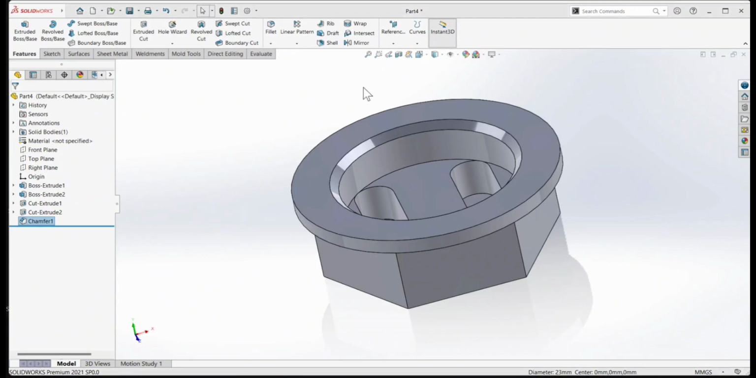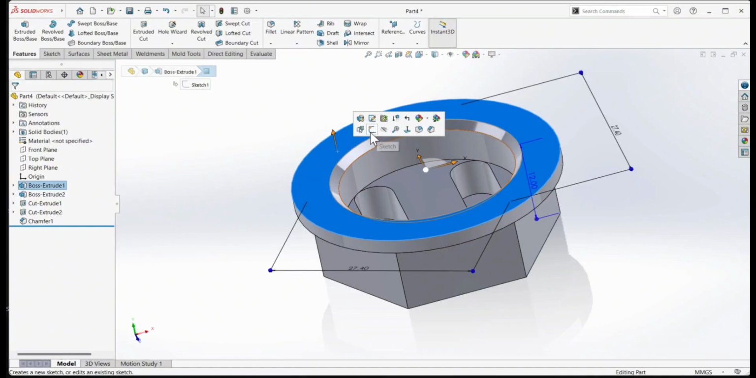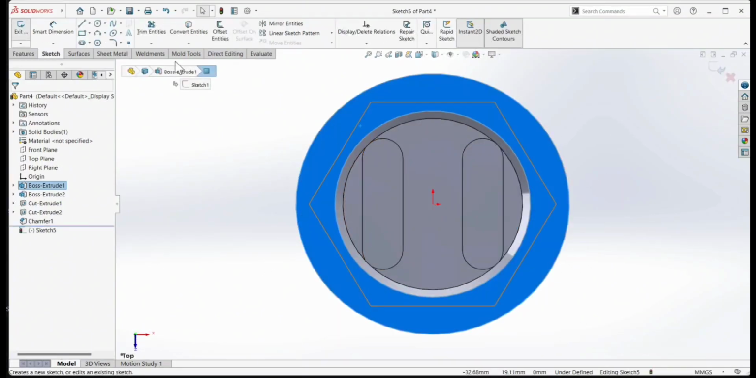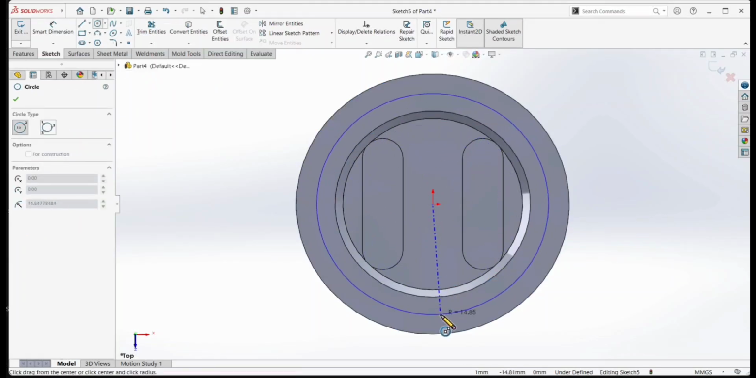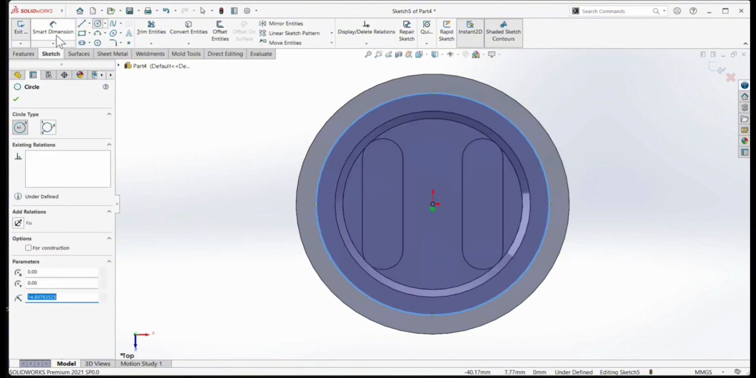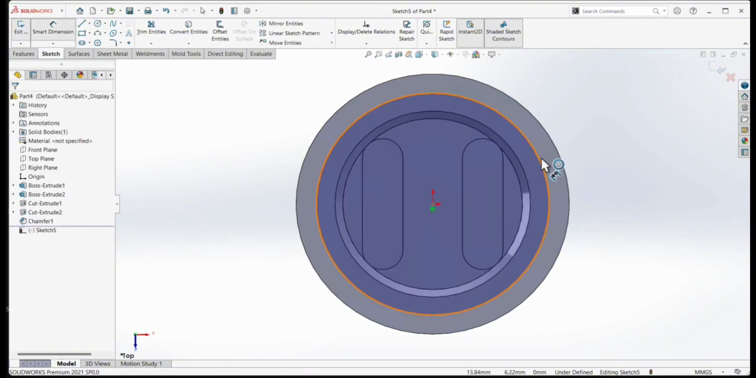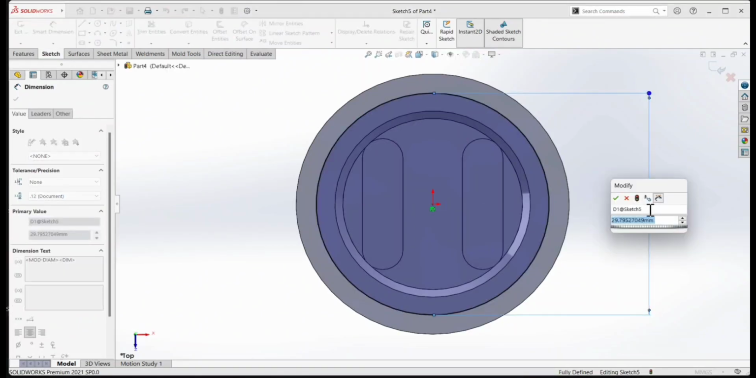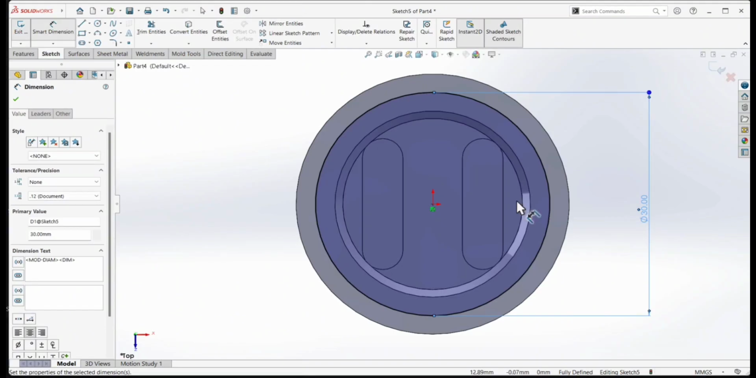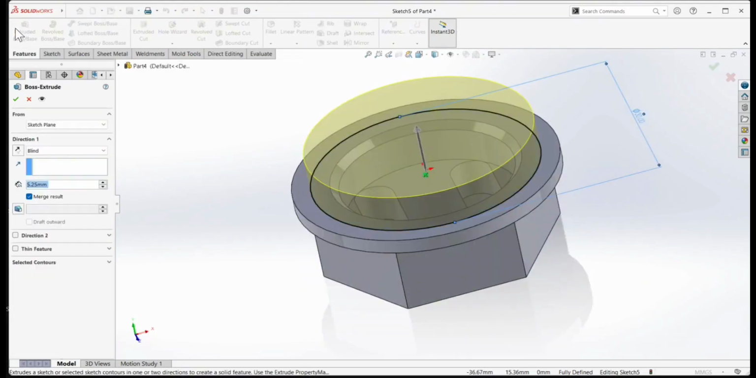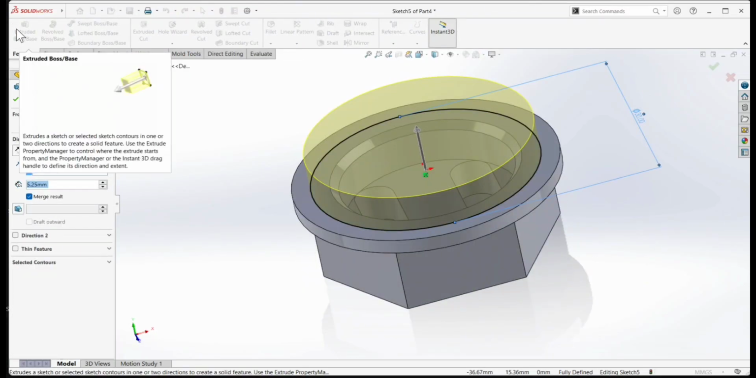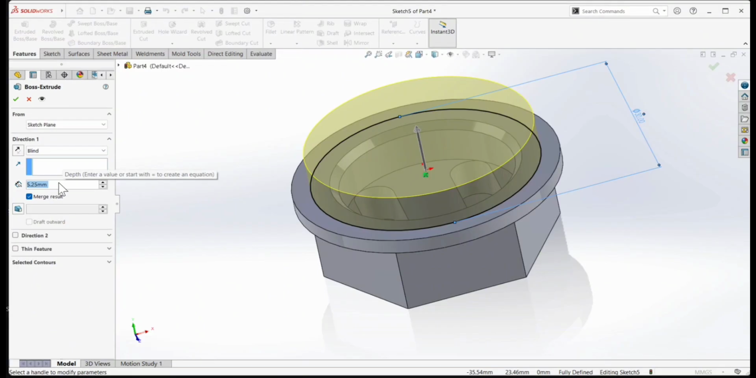Select this face, sketch normal, create one circle, smart dimension, the diameter 30 mm. Feature extruded boss base, extrude 5 mm upside. Okay,